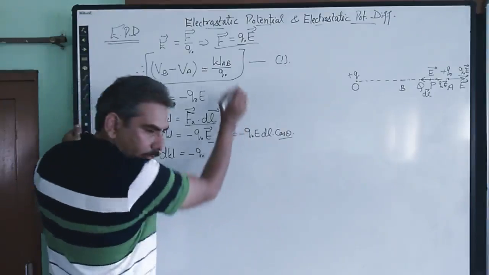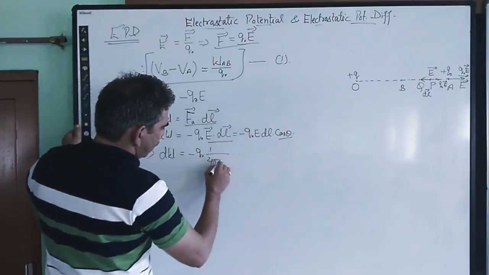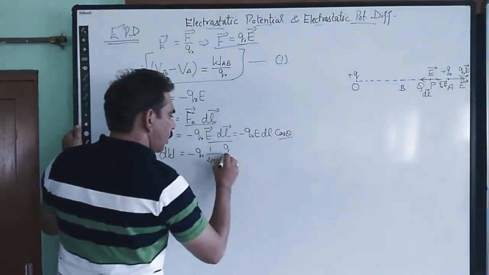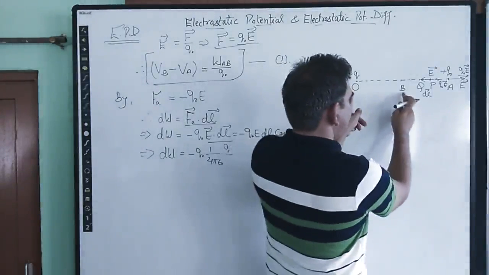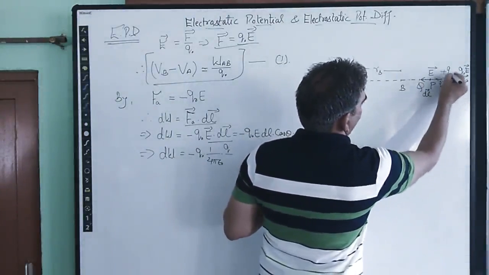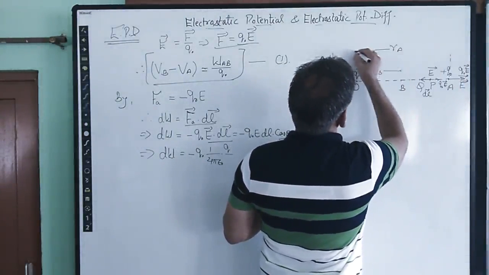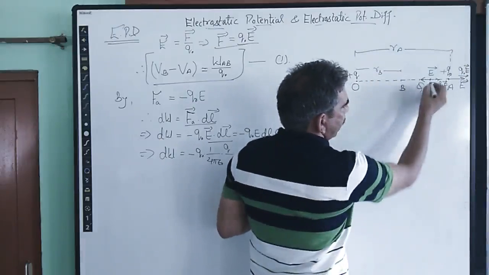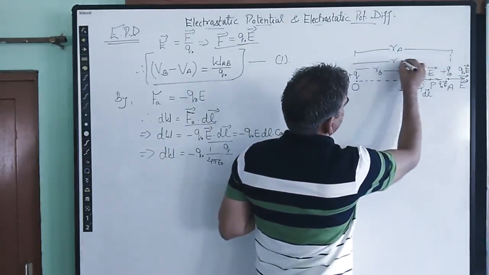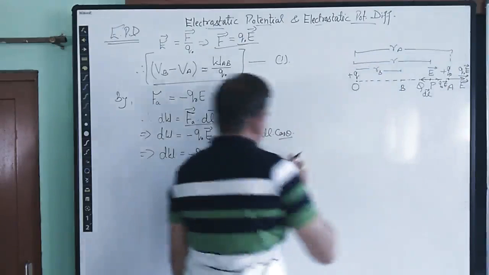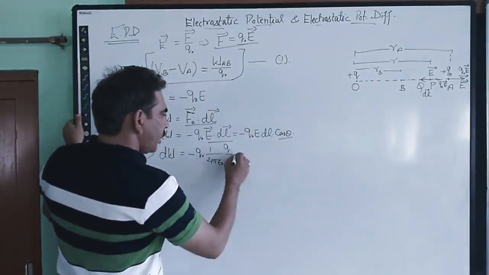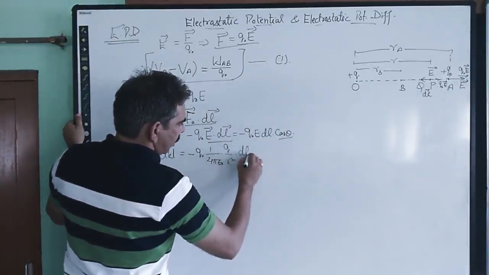because electric field we already know it is 1 upon 4 pi epsilon naught into Q upon R. Suppose that the position of point B is R, B, and the position of this point is R, A. And at any point of time when this test charge is found to be at position B, its position vector is R. So at point P, the value of electric field is Q upon R square into dl into cos theta.